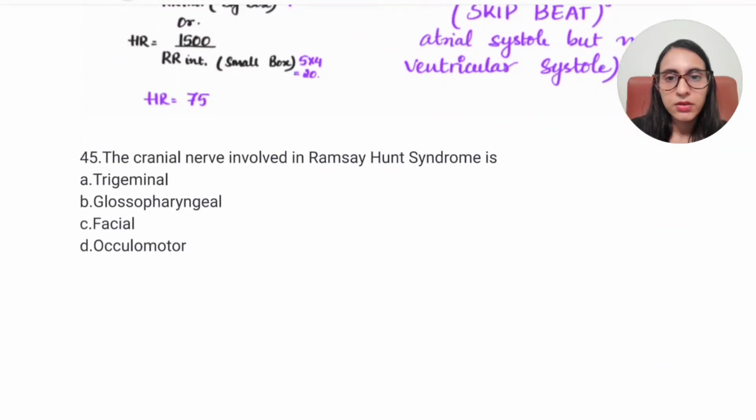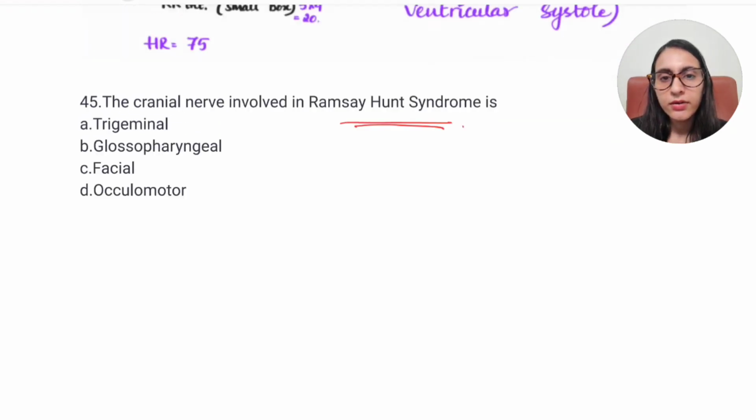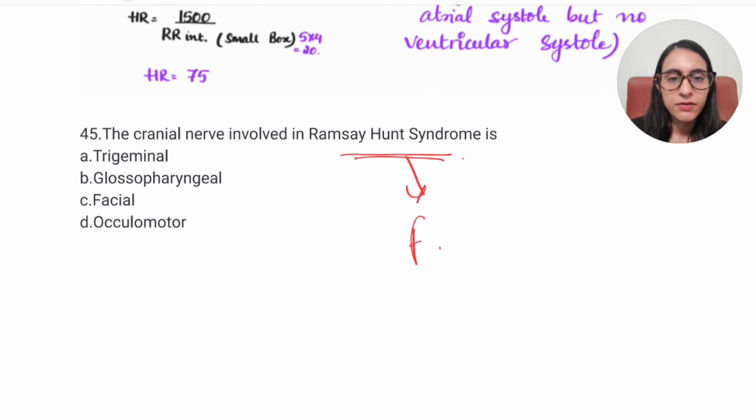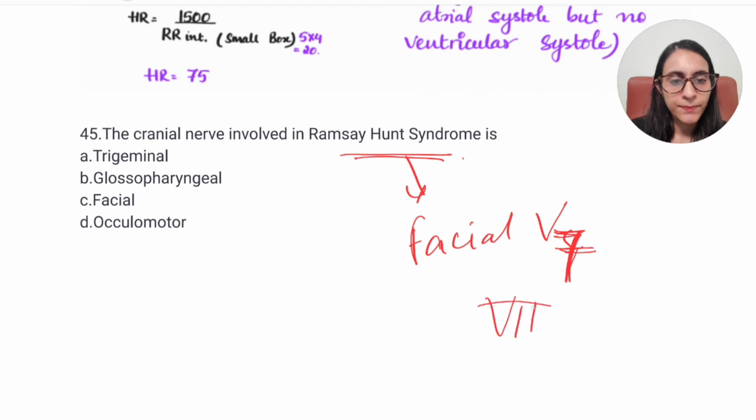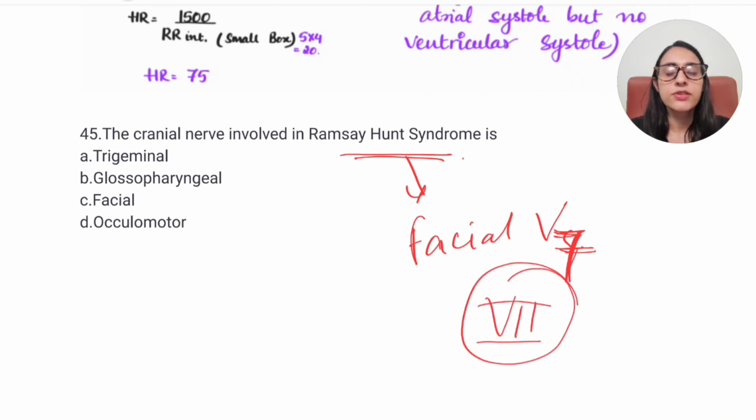So atrial fibrillation, the answer to this question is diabetes. The cranial nerve involved in Ramsay-Hunt syndrome. The main nerve that is involved in Ramsay-Hunt syndrome is the facial nerve, which is the seventh cranial nerve. The fifth cranial nerve is the trigeminal. So it is the seventh cranial nerve, which is involved in Ramsay-Hunt syndrome, and it is a viral infection,